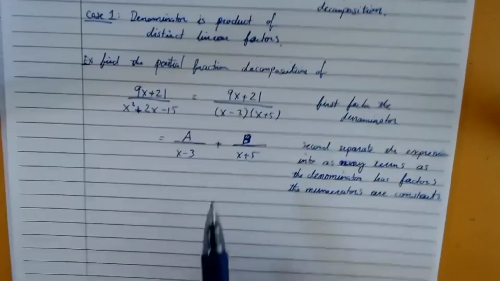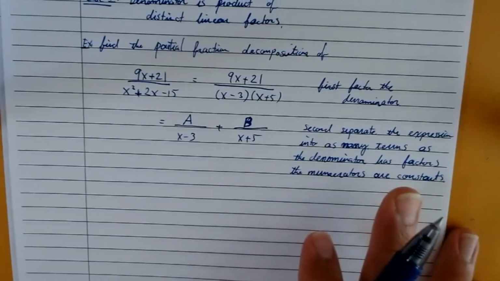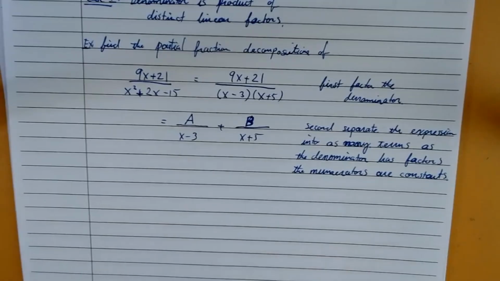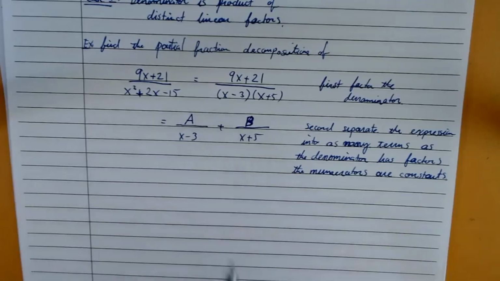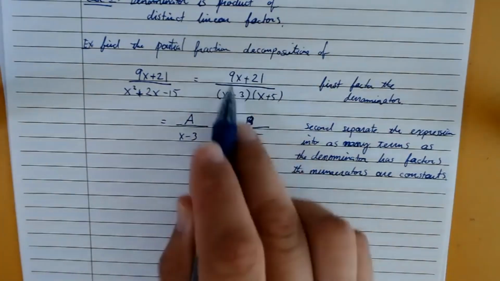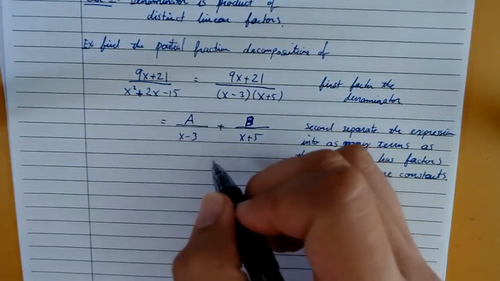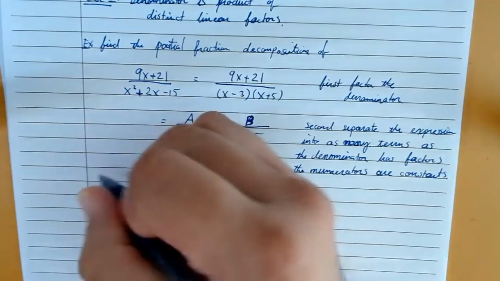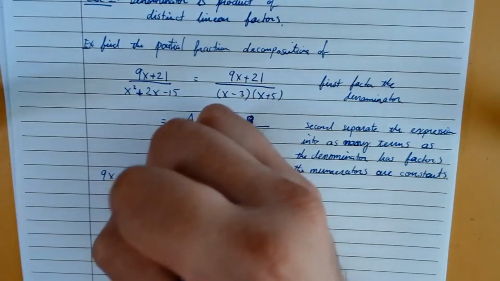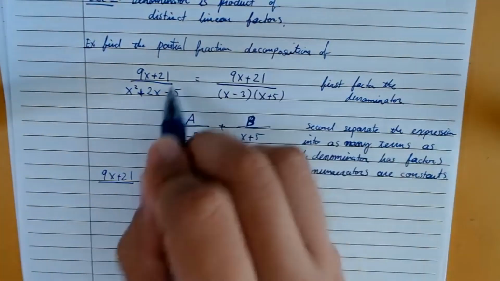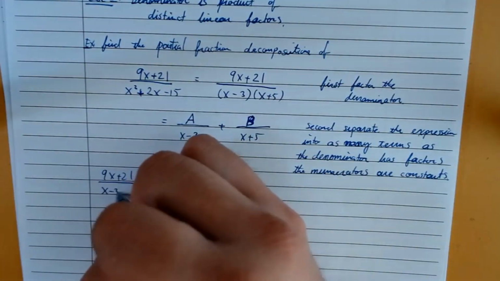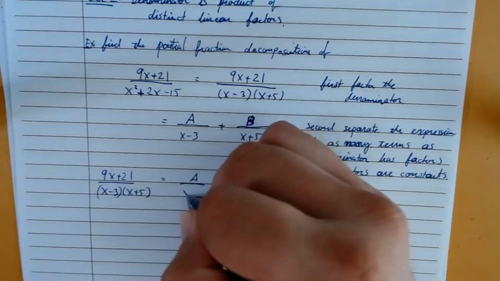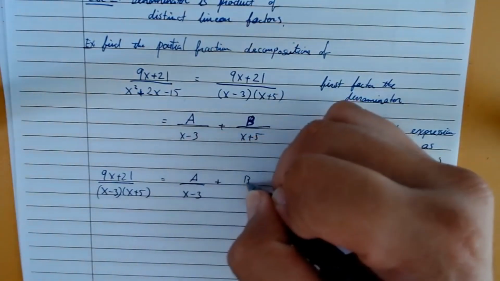Okay, so now the third step, we need to figure out what those constants are. What we're going to do is simplify by multiplying across both sides by the common denominator. When I say both sides, I mean this and this. We're not going back to this one anymore. So let me rewrite it as its own separate line. Let me write that as 9x plus 21 over, oh, sorry, I meant these two, not this one. x minus 3 and x plus 5 is equal to a over x minus 3 plus b over x plus